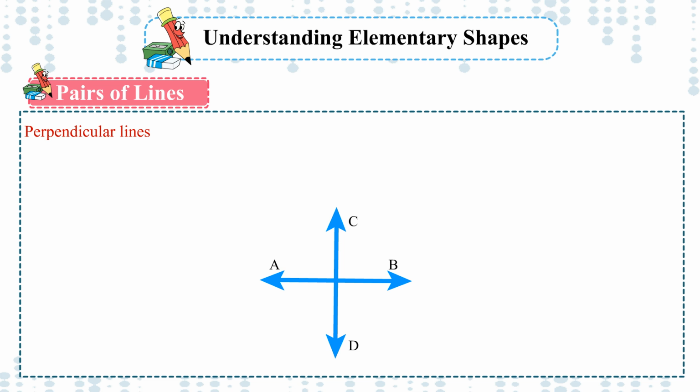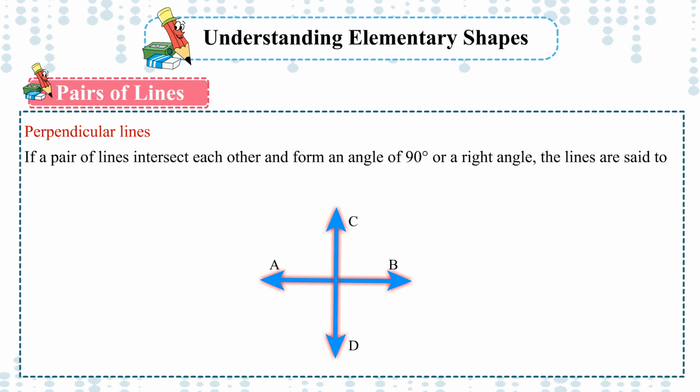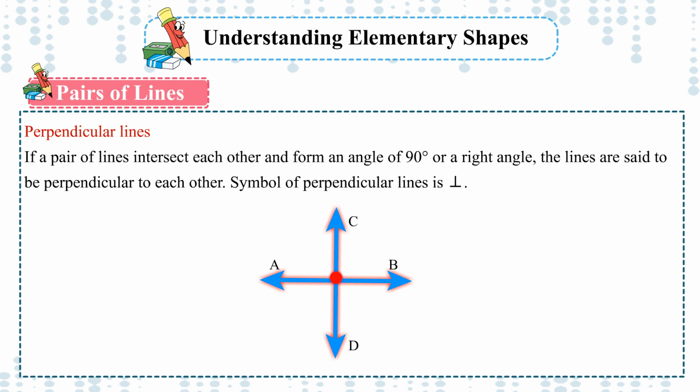Perpendicular lines. If a pair of lines intersect each other and form an angle of 90 degrees or a right angle, the lines are said to be perpendicular to each other. Symbol of perpendicular lines is